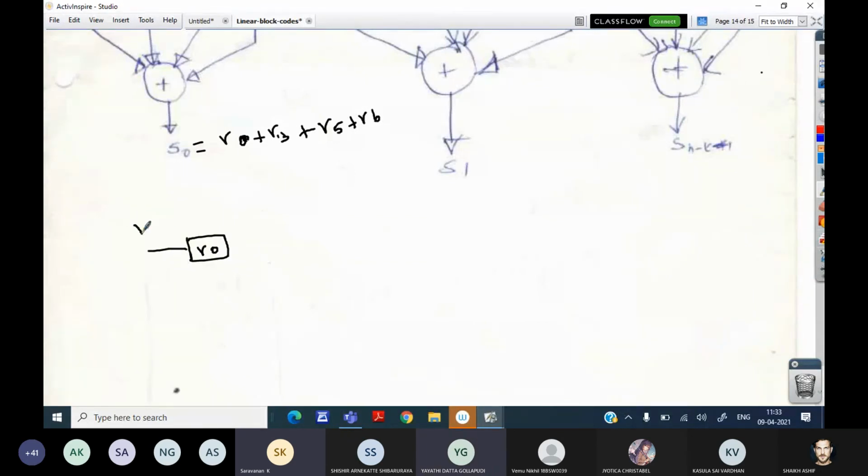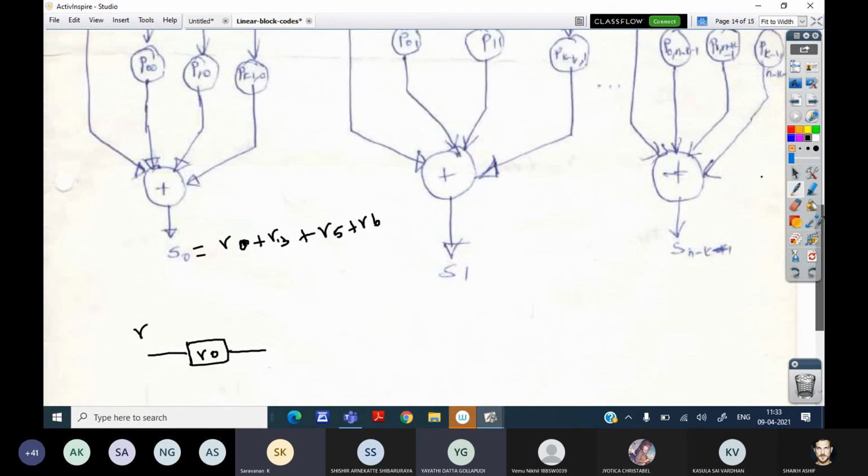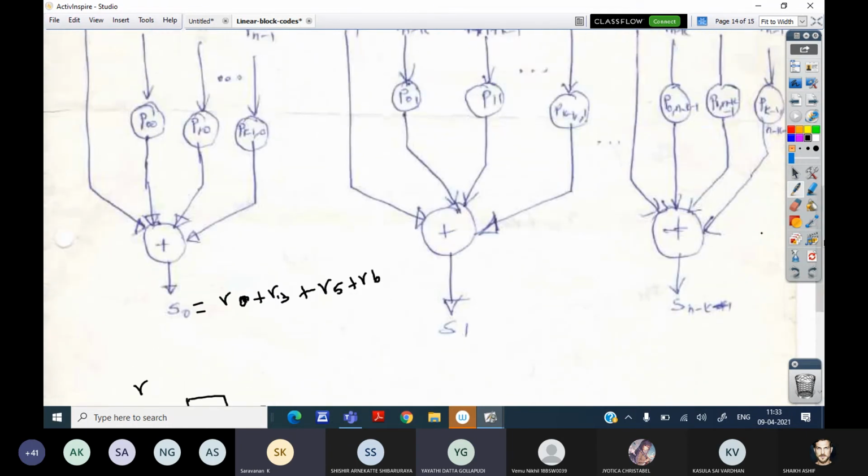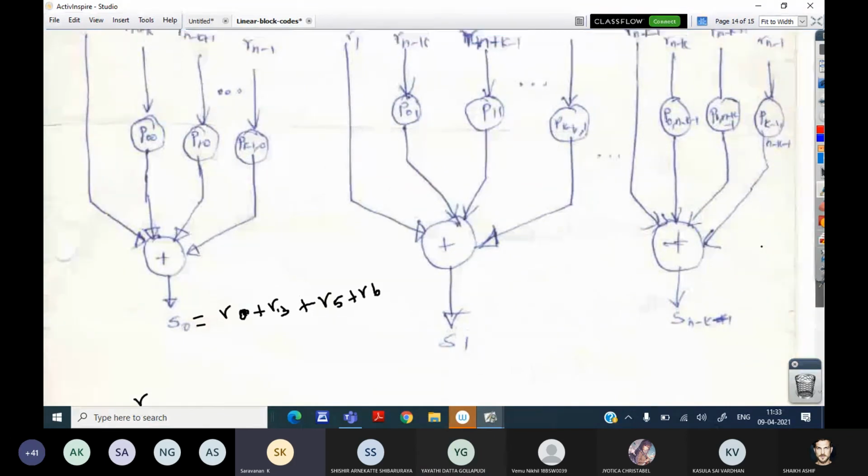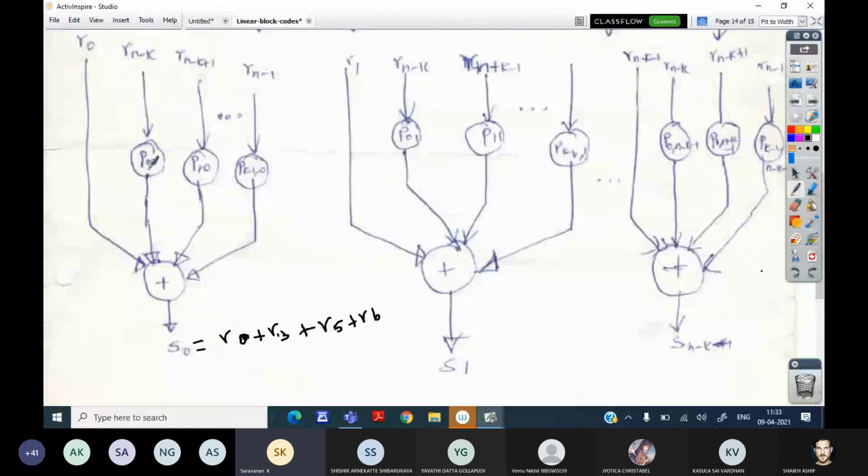Sir, in the circuit above, for S0, there is some other thing also, P01. What is that, sir? If you scroll a little up. P01. Whether the connection is there or not, okay. You don't bother about this. I think I skipped it, maybe you may be confused otherwise. Whether we are going to connect this or not depends on whether that particular connection is there or not. So I can draw only for